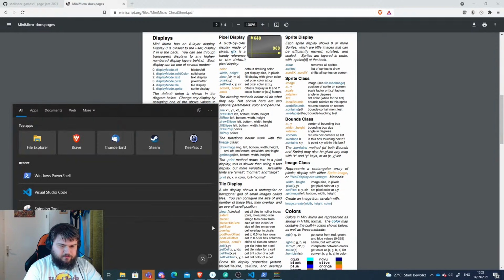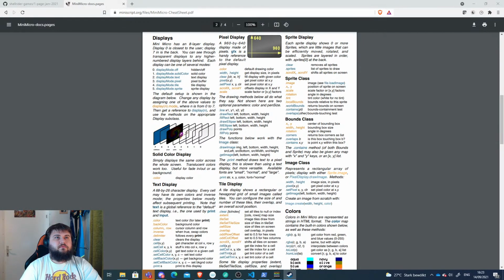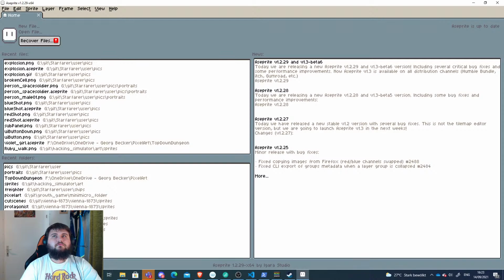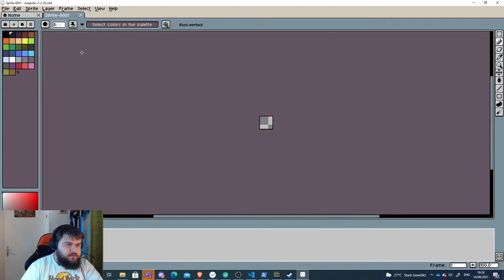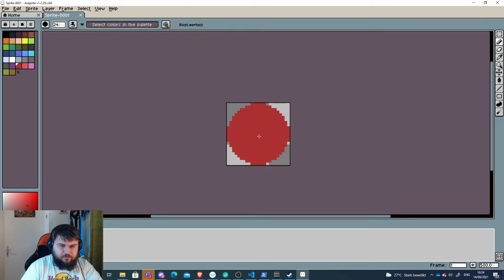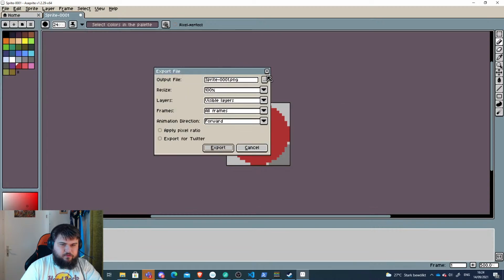for my player. Since I don't have anything yet, open up Steam, open up a sprite editor, and create a new file. I guess 24 times 24 should be enough for now. This is just placeholder art. Make a 24 big red circle and export that and